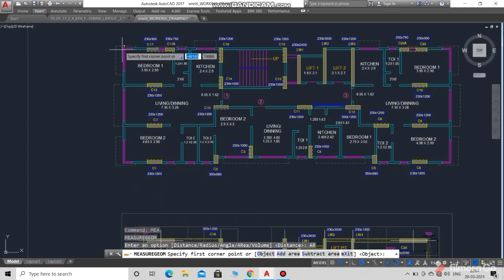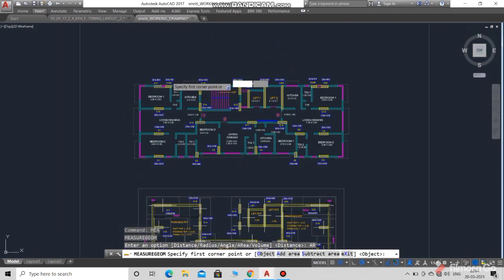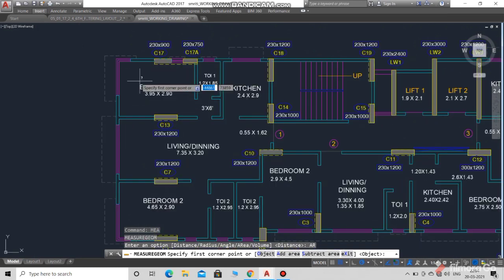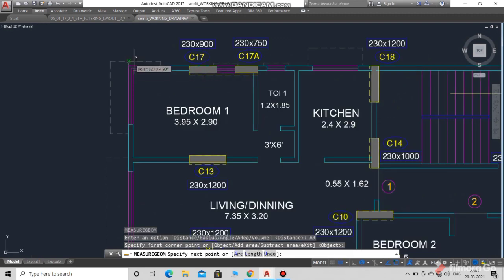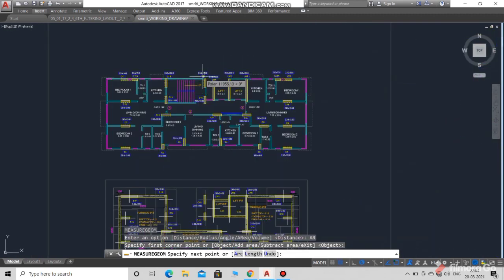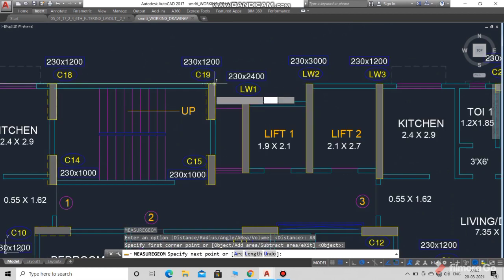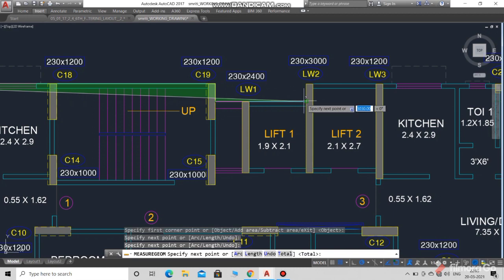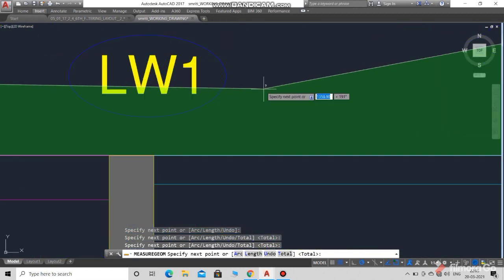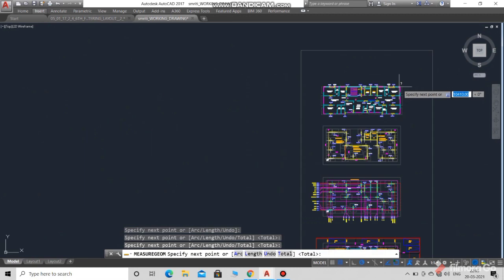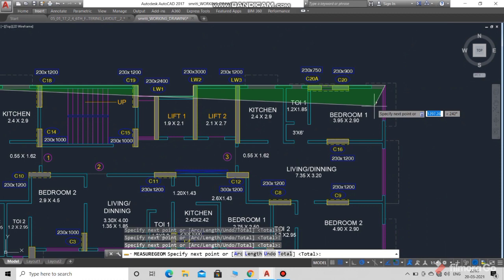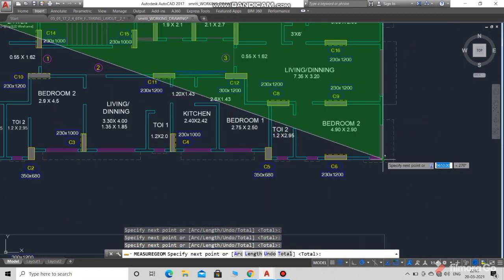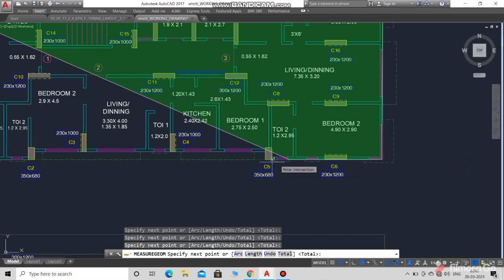Select it by typing in the command box and start from any corner where you want. We are going to start from the same corner. As we previously selected points very carefully for accurate measurement, it is very important to get a very accurate result.